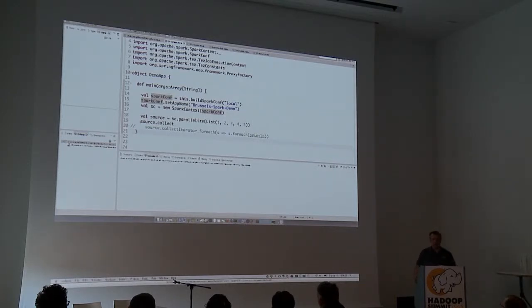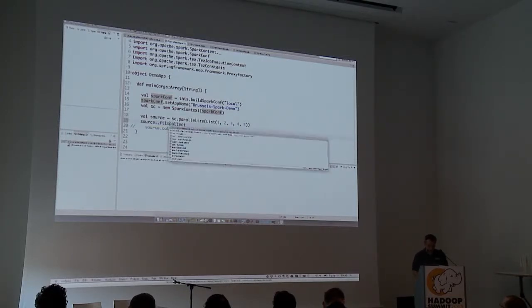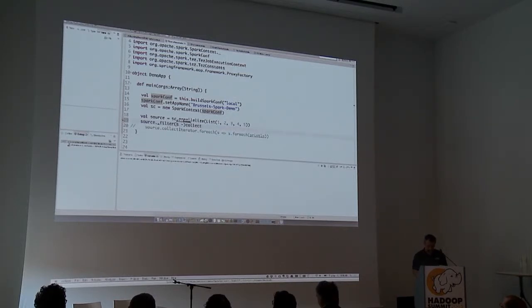Well, of course, I can create my new RDD and create a new operation called collect. But the problem with that is that as soon as I say source.filter, again, I'm giving away the fact that I've been working a lot with streams, but the point here is that once I invoke filter, filter is an intermediate operation.